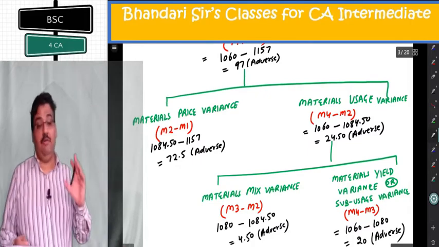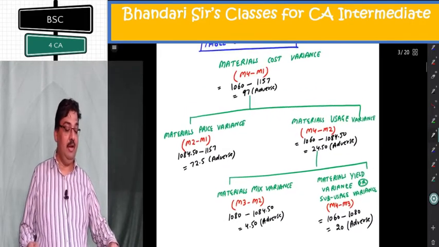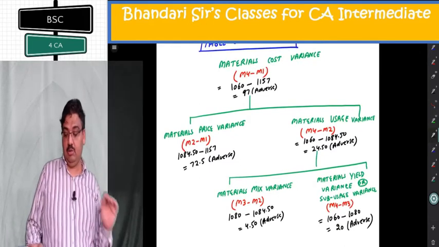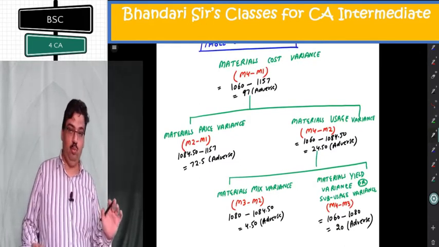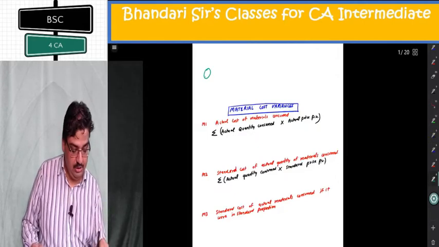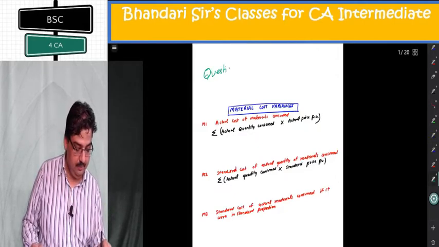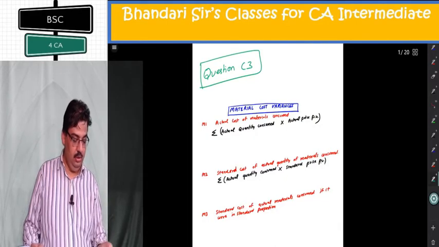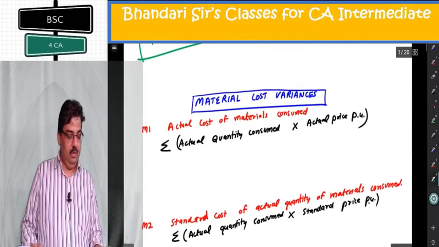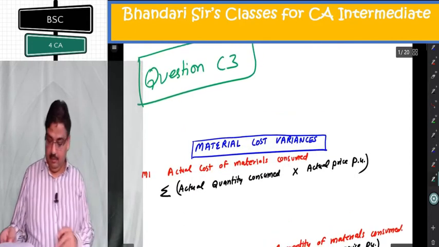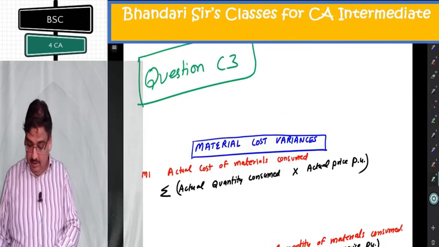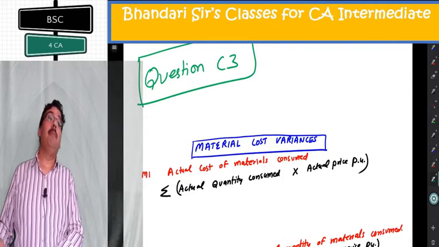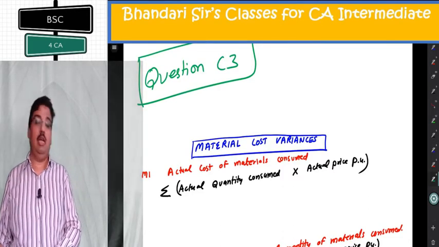Now, nothing difficult, very simple. This is a standard easy question in the category of material variances. This was complete C2. Next is question C3. Again the same format I am using here. You are given all the same data, only the budget is not completely given, only percentages are given.